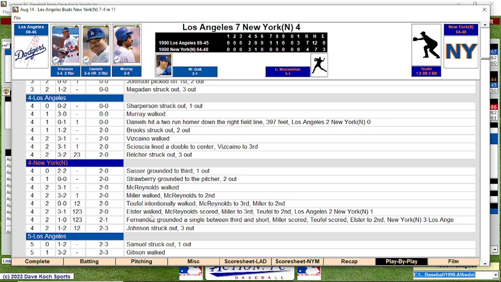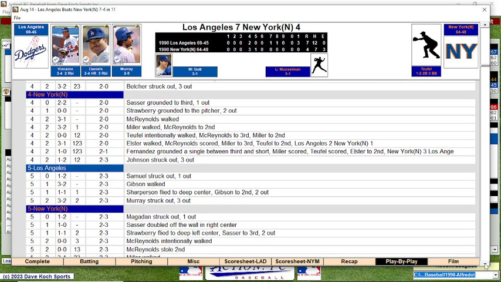And somehow Belcher can't get him out, walks him, and a run scores. Okay, it's still 2-1. But then Fernandez comes up and gets a single, and that makes it 3-2 Mets. Okay, so the strategy backfires there.